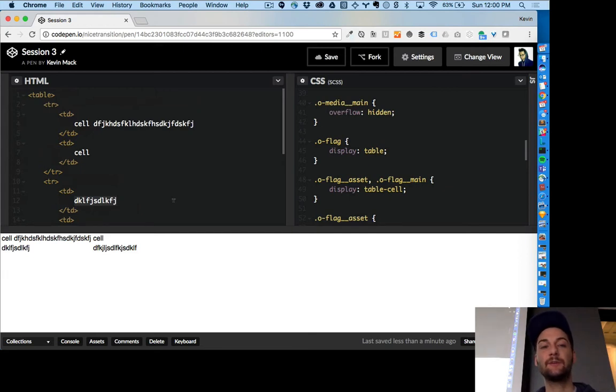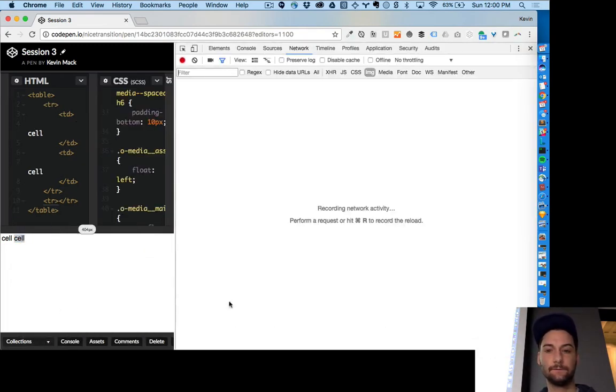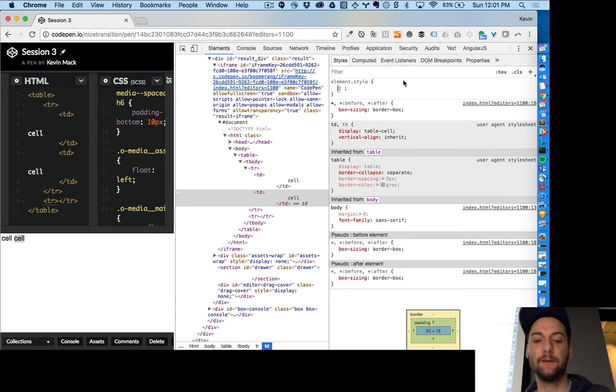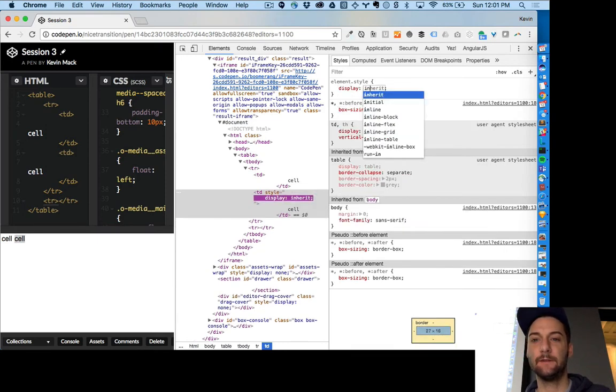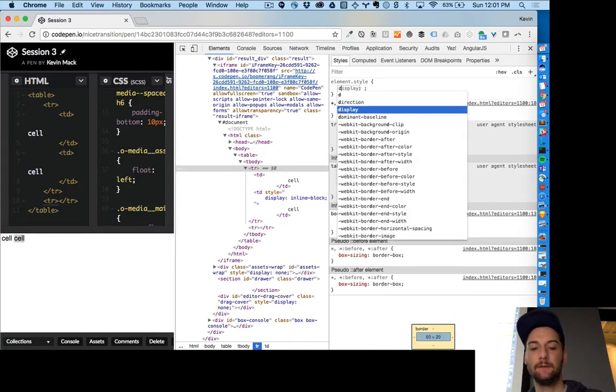But you can apply the same treatment as tables to things that aren't the table element. So that's what we're going to do here. And if you were to look at the properties associated with this, it's table cell from the user agent. And even though it's a table cell, like anything else, I could always say inline block and override that, and then it becomes a traditional HTML element. Same thing here,